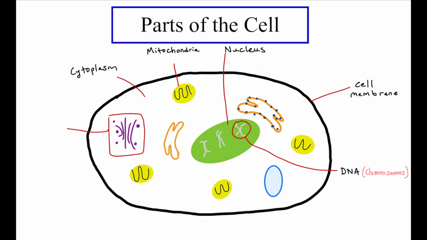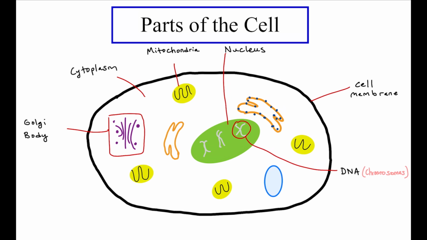And now if we look at the purple thing on the left side of the cell, this is called the Golgi body. And I think of the Golgi body a lot like the post office or the mailman. The cell is constantly making new things like proteins. And what the Golgi body does is it takes these proteins, it can modify them, and then it can package them and then take it to wherever it needs to go in the cell.